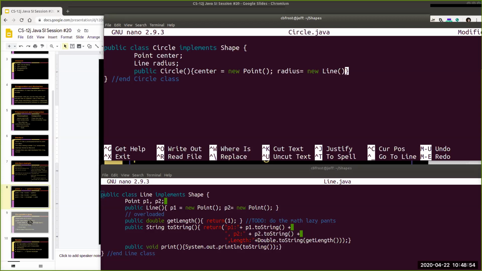And so what we could do is for an overloaded constructor, we could take in a double as the